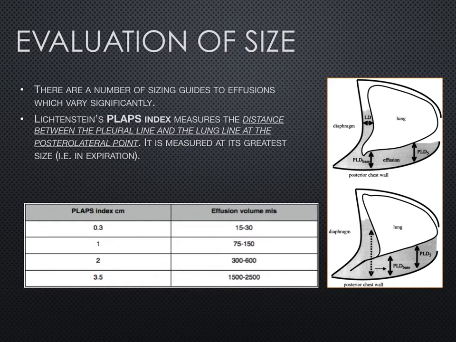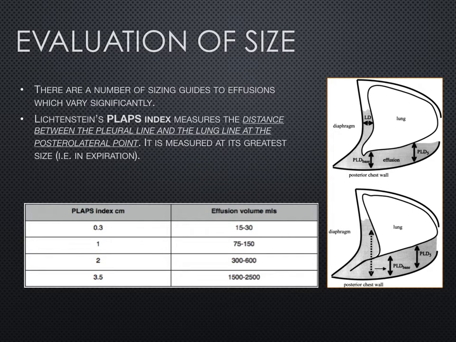So in regards to evaluation of the size of the pleural effusion, if you identify that there's a fluid level within that thoracic space, there are a number of sizing guides available which can give quantification of the amount of effusion that you're seeing. Probably one of the better known sizing guides is Lichtenstein's. It's called the PLAPS index, and it's where we're looking to measure the distance between the pleural line,